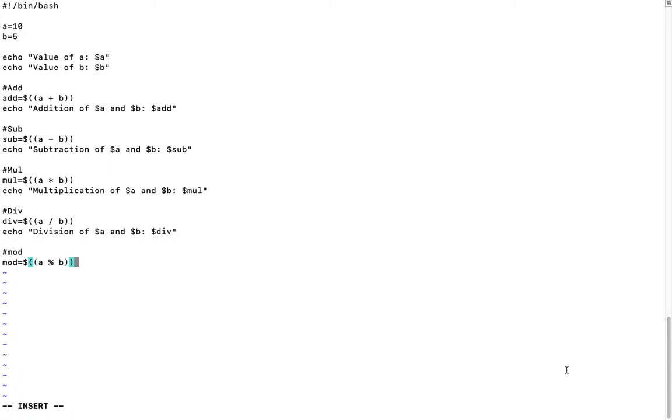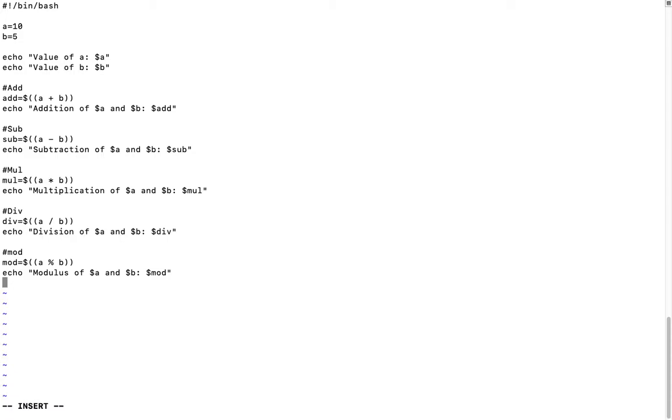In this we get 0, because when we divide 10 by 5, 10 is fully divisible by 5. Let's print the value: echo modulus of $a and $b colon $mod.